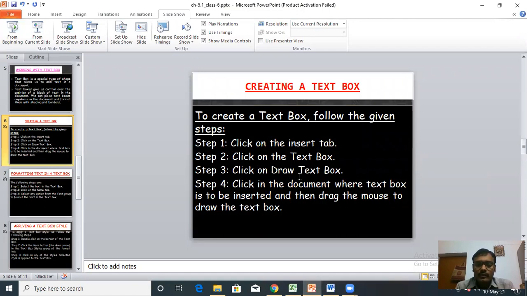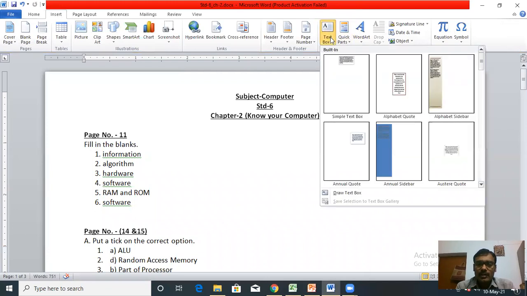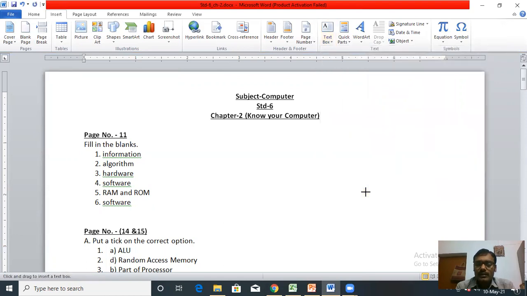Click on Draw Text Box. You have to click on text box, then go to the bottom, you can see this option, draw text box. Okay, now this plus sign symbol is here. Now using your mouse, you can drag in your document, you can drag inside the MS Word document and text